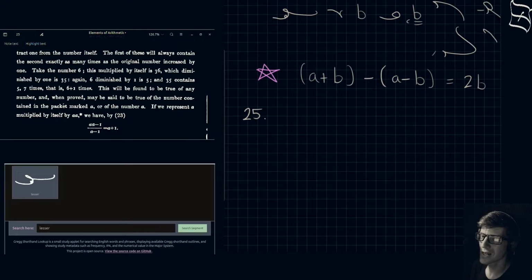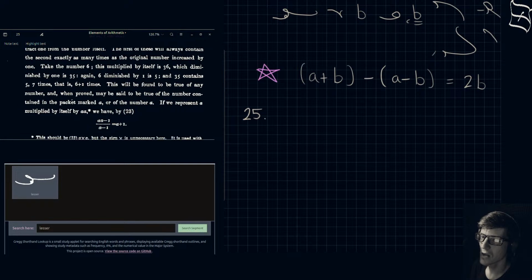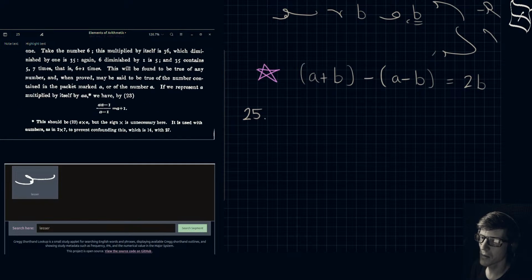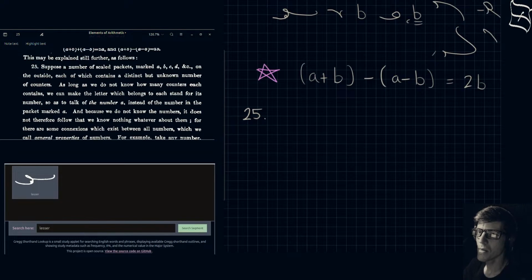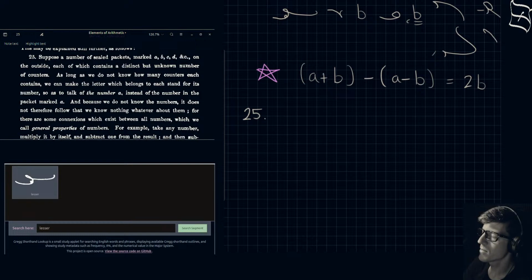If we represent A multiplied by itself as AA, we have AA minus 1 over A minus 1 is equal to A plus 1. Okay? Once again, this is another really good equation. You really can't see it now, but it does have value in further applications. It's just one of those things that you memorize and you have stored, okay? So we go back up here, and let's see if we can make a fleeting note from this particular paragraph, okay?